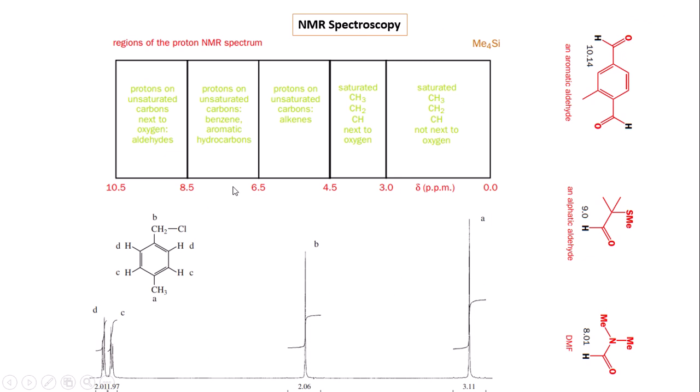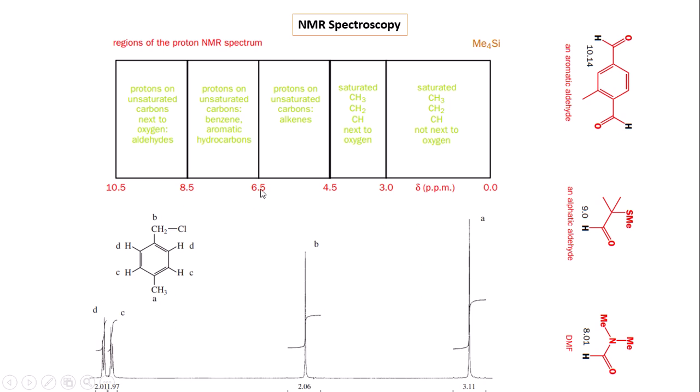Now, if we go to NMR spectroscopy, we know that nuclear magnetic resonance spectroscopy is very important for different types of structure determination. From the chemical shift parameter, it has been shown that different types of protons resonate at different regions. This is the region for alkane protons, and this is the region for protons next to oxygen, that is 3.0 to 4.5 ppm,